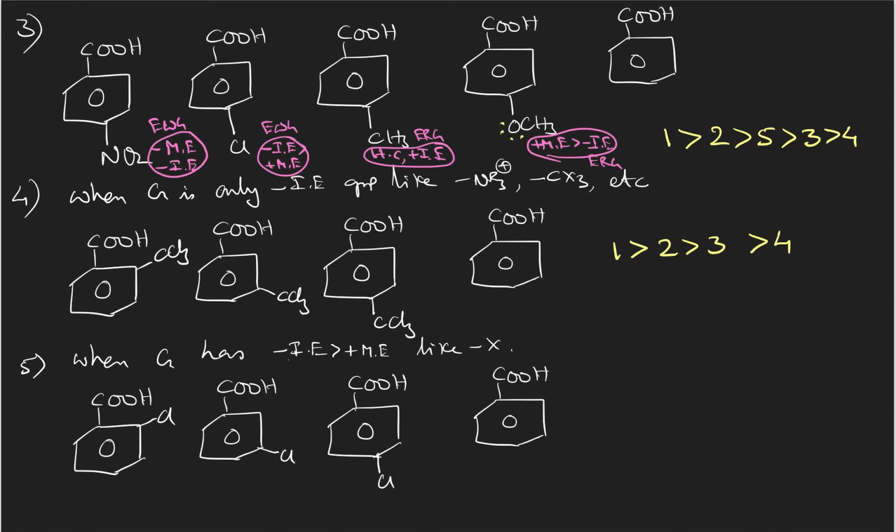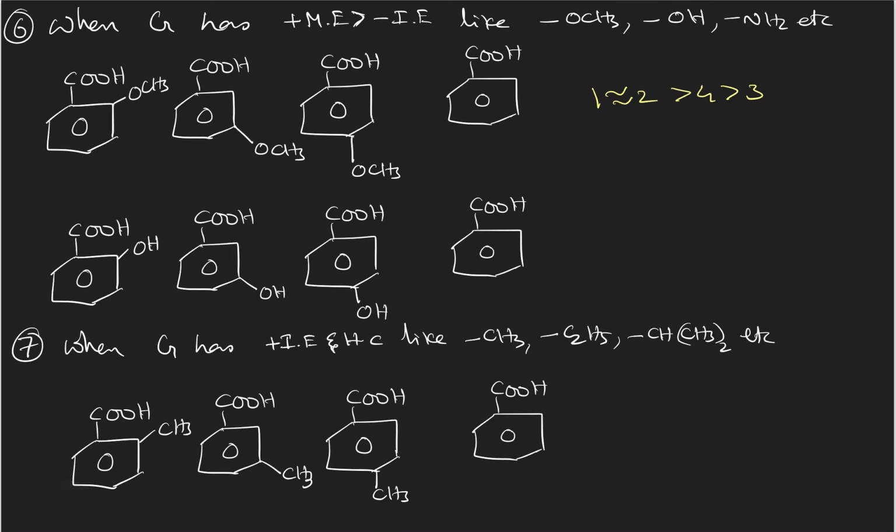Therefore, similar concept like how in the fourth example you have considered alone negative inductive effect, here also you can consider alone negative inductive effect because it is stronger than positive mesomeric effect. Therefore, the similar type of order will be expected for fifth example also. 1 due to ortho effect, then meta distance has increased, para distance much more increased, and fourth least acidic because there is no electron withdrawing group.